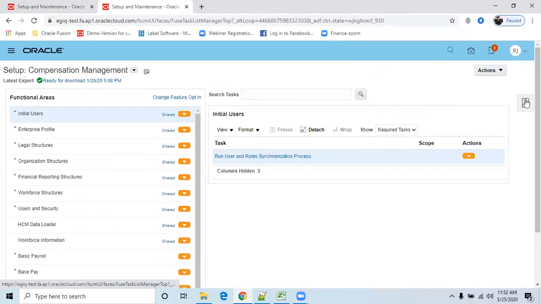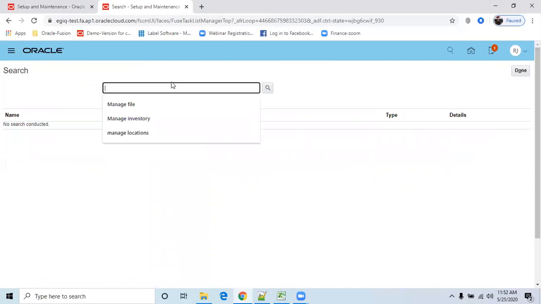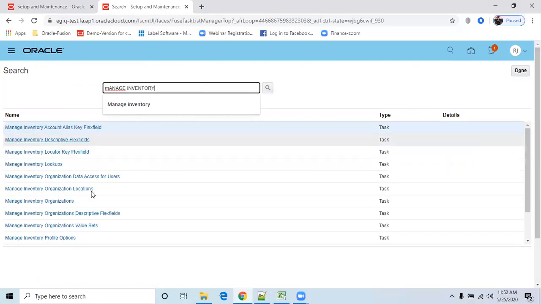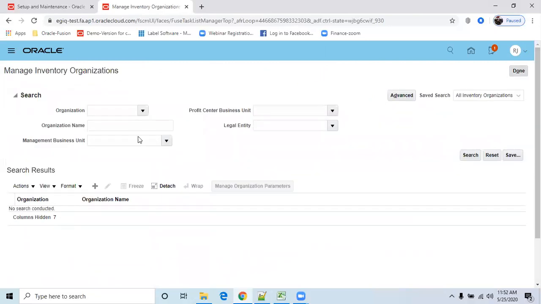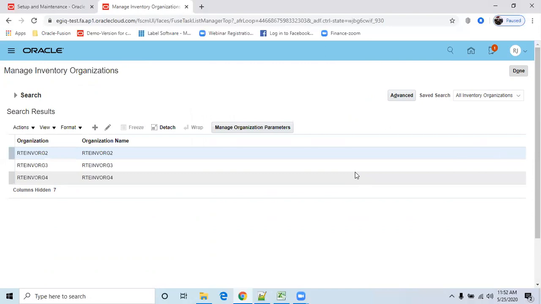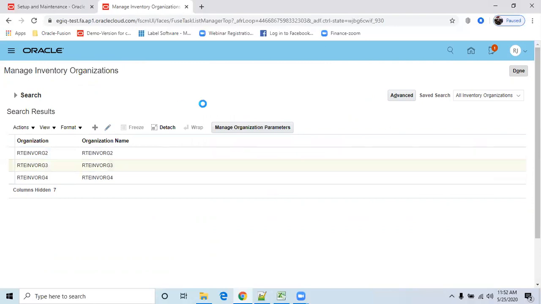So go to setup and maintenance, go to manage inventory. My destination organization is RTE inventory org 3. Just search. So this is my destination organization. Select the edit button.